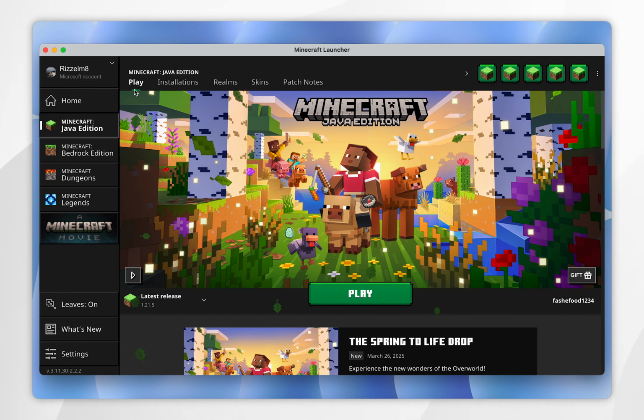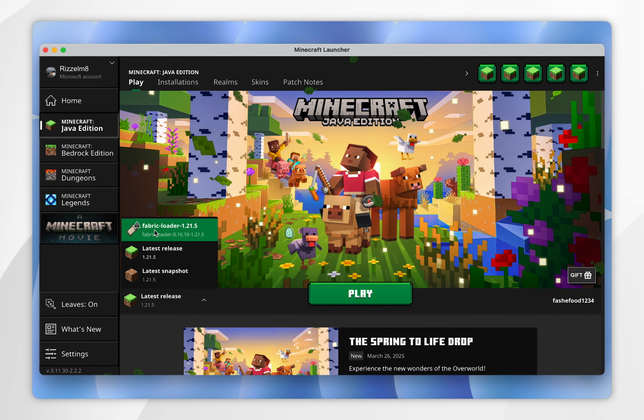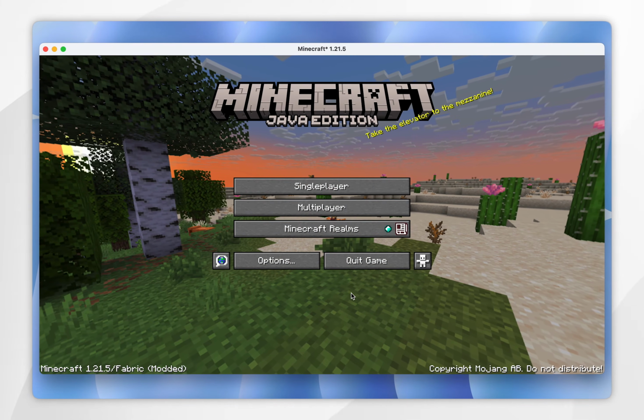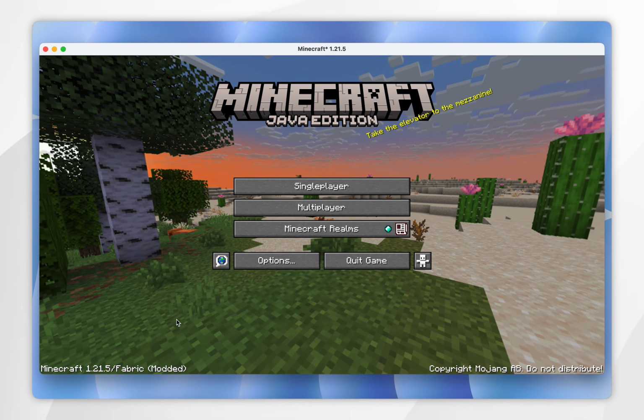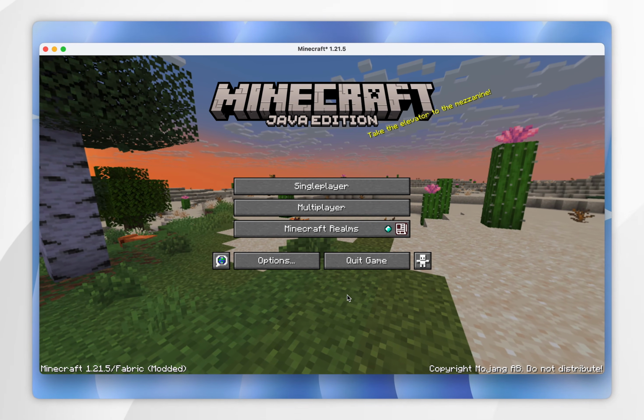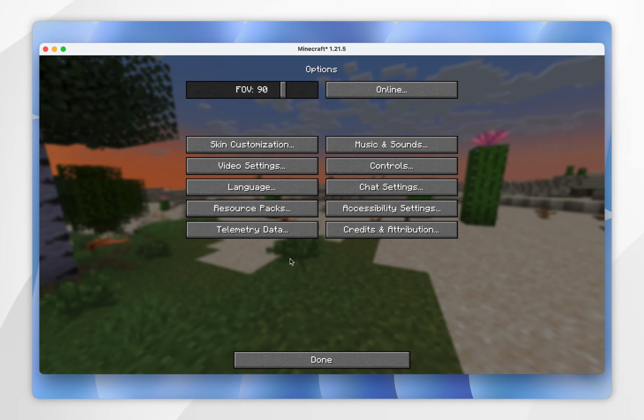So you want to make sure you're on the play tab at the very top, and in the drop down menu you want to select the Fabric Loader. Now you want to click on play. Once Minecraft opens, you know you've modded it correctly because it will say modded in brackets in the bottom left hand corner. Now to install the shader pack, you want to go to options, and then you want to click